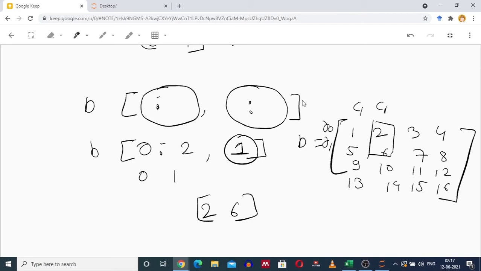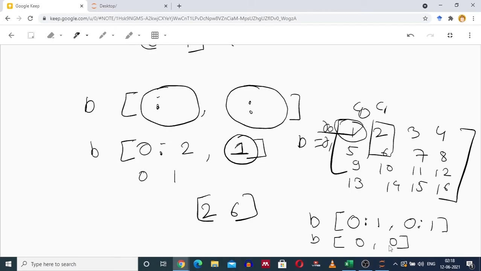Similarly, selecting the element at row 0 and column 0. Row 0 and column 0, element is 1. For this, you will write B. For row 0, it will run from 0 till 1, and for column 0, it will run from 0 till 1. This will result in B 0th row and 0th column.